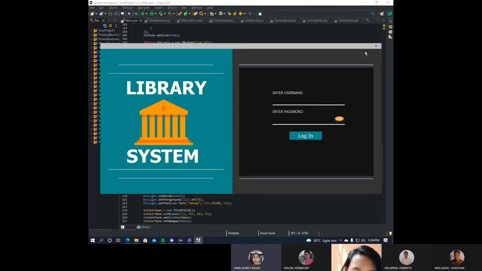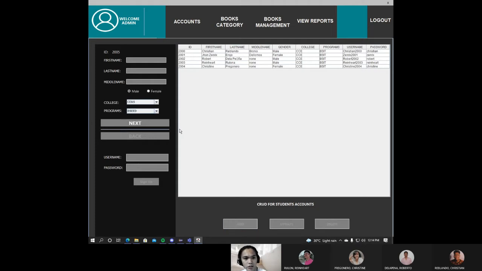So this is a library system that helps libraries keep track of the books and their checkouts, as well as members' profiles. We have two different accounts for admin and borrower. When the users log in, if the username equals the password, then the login will read the table in main admin. Upon clicking the add button,